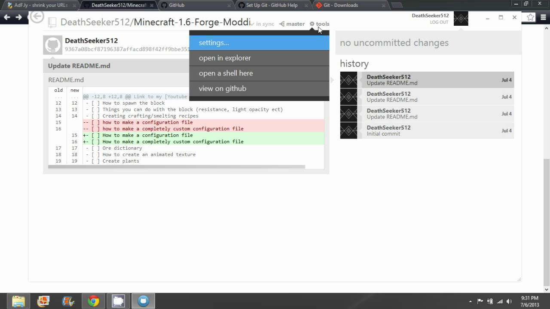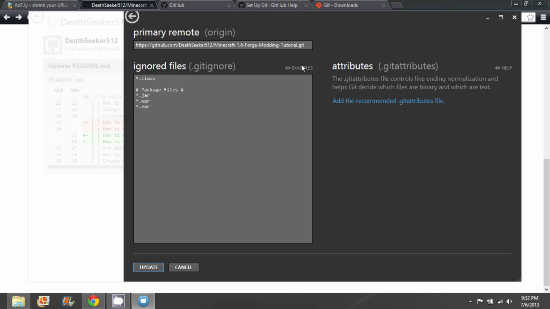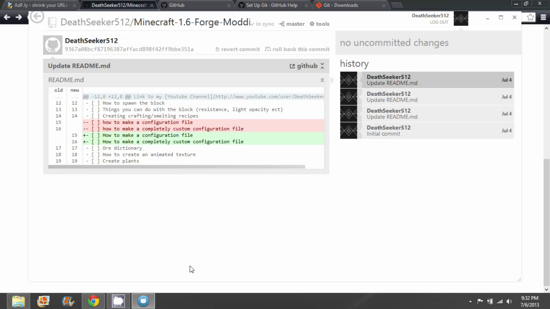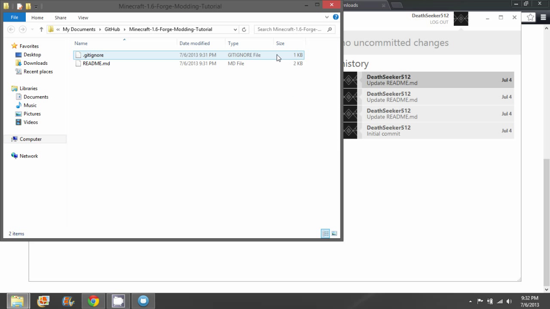Tools. Settings. Cancel. Open Explorer. Oh, that's cool.